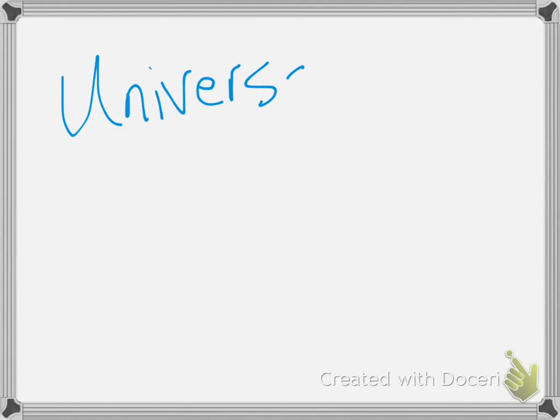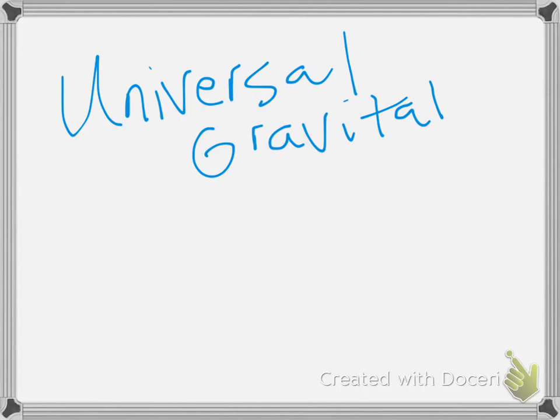Alright, so this is going to be kind of a short video. It's just going to be to introduce you to a new equation that we have, and this equation comes from Newton. So this is sometimes known as Newton's fourth law, but it deals with something known as universal gravitation. Okay, universal gravitation. So basically what that means is that, hey, we've been figuring out the force of gravity for